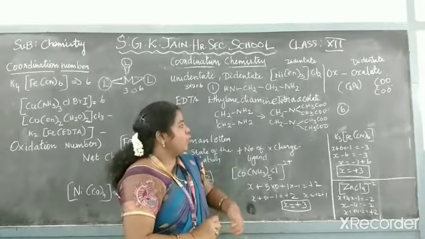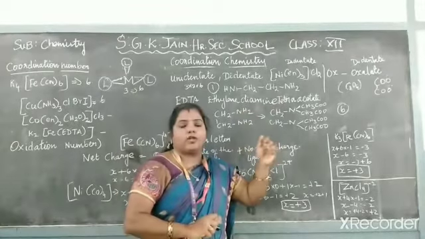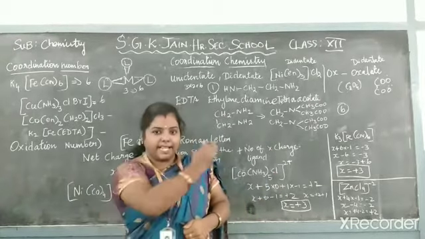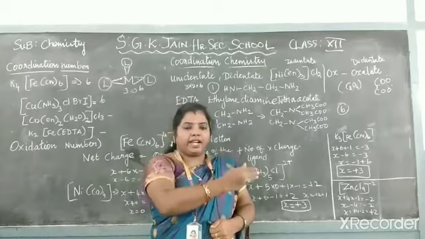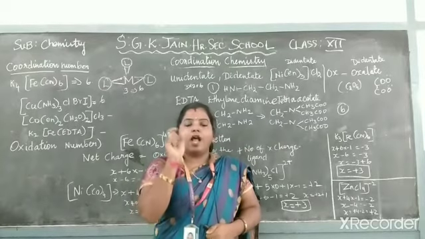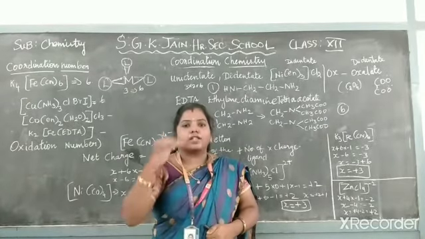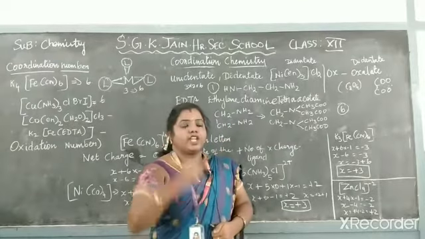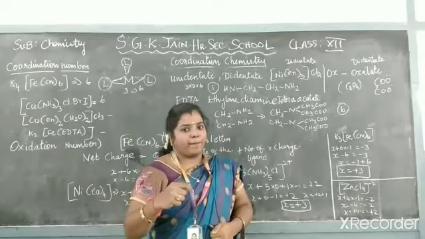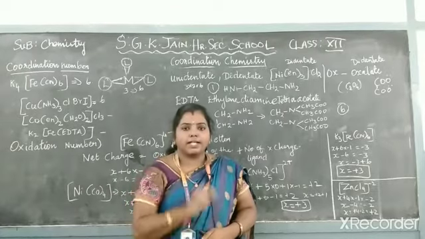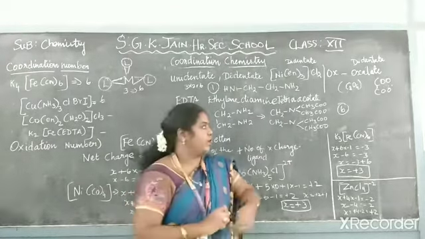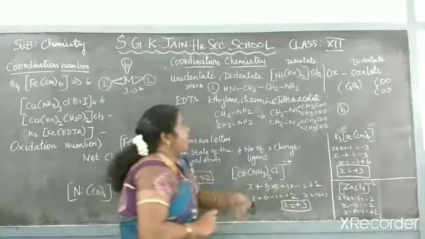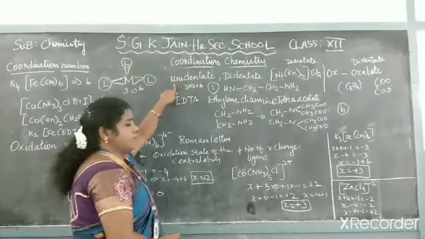Then we move on to the OX. What is the full form of OX? It is the oxalate. Again, the same concept as acetate: you get it from the acetic acid. Likewise, oxalate you get from the oxalic acid. The formula for oxalic acid is COOH, COOH. You have to remove the H from that. So the formula for oxalate is COO-COO, C2O4.